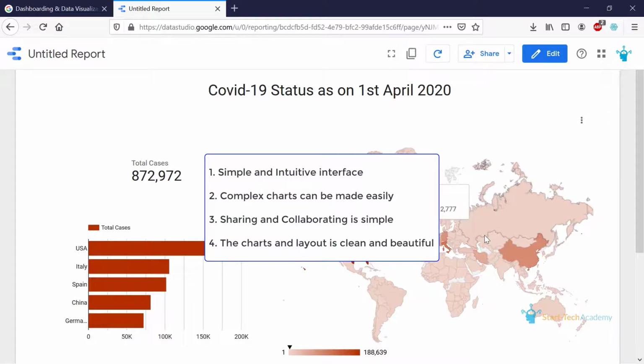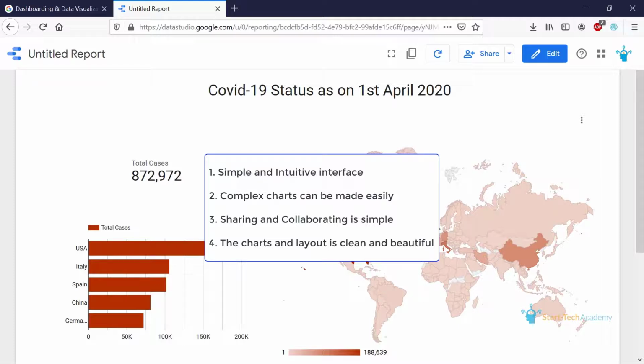So this map would have been difficult to create in Excel, but in Google Data Studio, we created it with few clicks only. Then sharing and collaborating on a report in Data Studio is very simple. And this feature is very important.